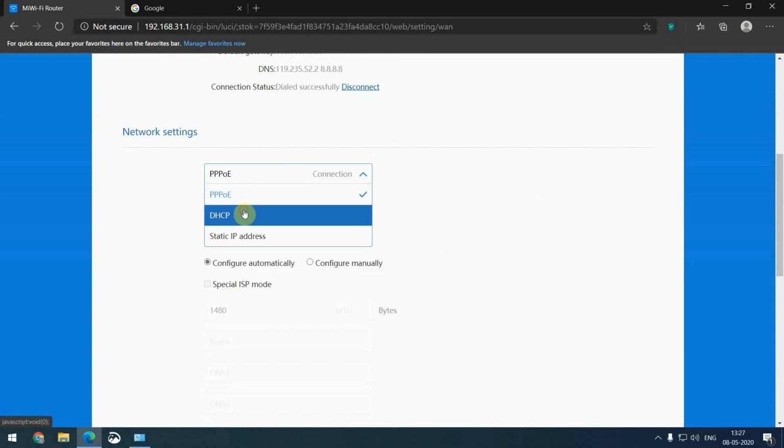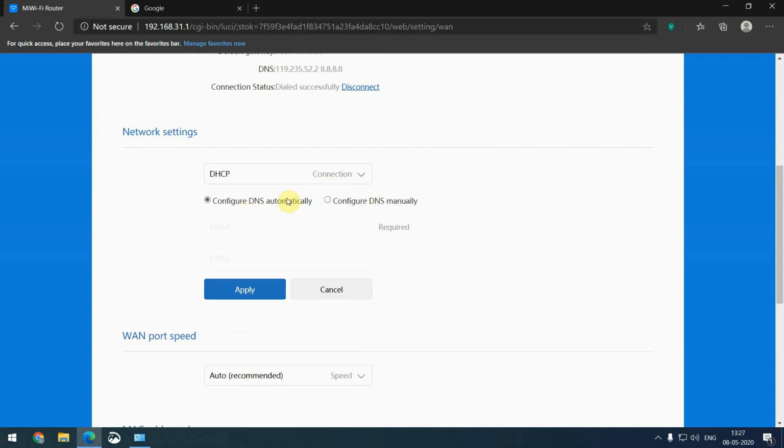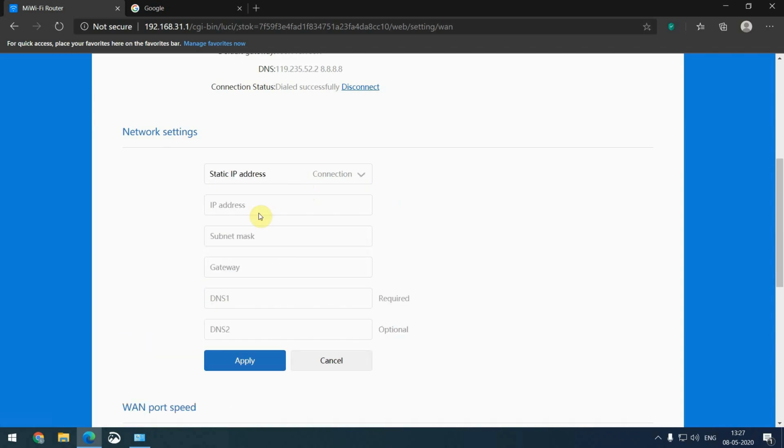Here, if you don't have a PPPoE, if we have a DHCP connection, then we can set it to DHCP and apply the settings. This means if your internet connection is provided via DHCP, then we have to set these settings like this. Now the router will automatically request an IP from the ISP server, the internet service provider server, and get an IP and grant you internet access.